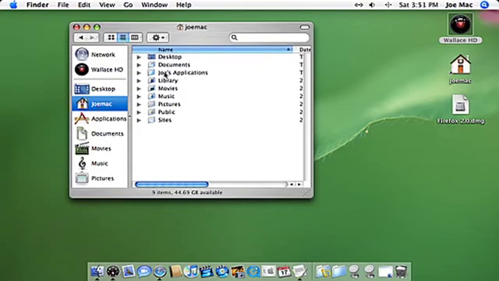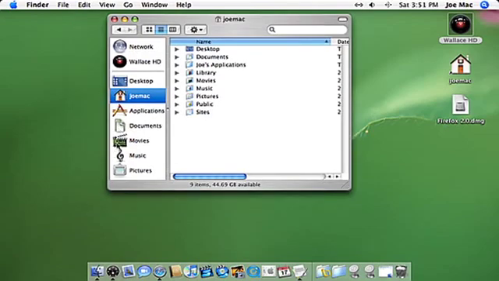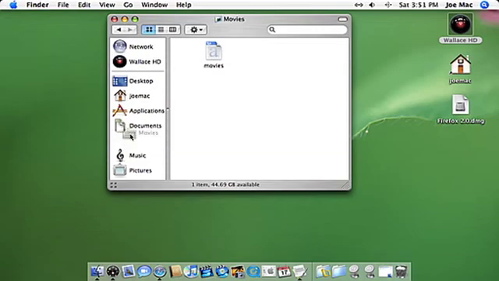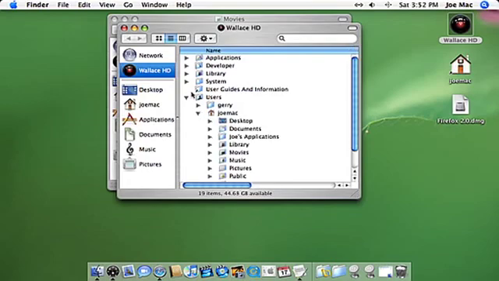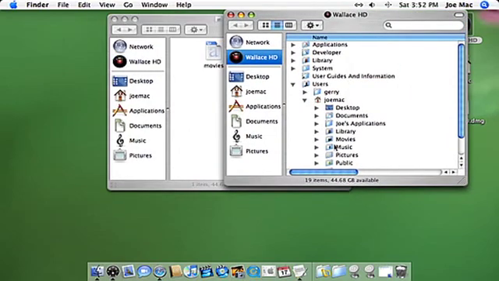So in your home directory, you have obviously the typical folders where you save your music, movies, your documents, and that sort of thing. All of these you can actually put onto the sidebar as well. And if you wanted to get rid of any of these, for example, movies, I probably won't need that icon. There's some stuff in there, but I don't need that there. It doesn't actually get rid of the folder itself, just gets rid of the folder from the side menu. Of course, if I wanted it back, all I'd have to do is go to my home directory,